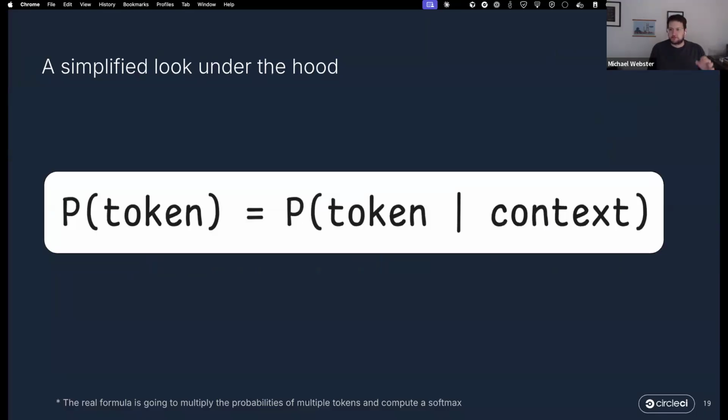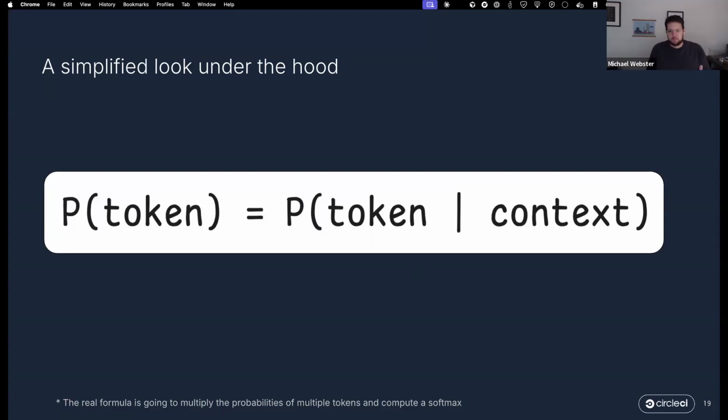This is a very simplified version of the math that's going on under the hood. In a given LLM, with a transformer architecture, which is the dominant paradigm today, the probability of any token output occurring is the probability of that token given the context of everything that came before it inside of a request to the LLM. So when people talk about an LLM being the next token predictor, that's what they're doing. Based on the tokens that have come before it, the probability of any given next token is conditioned on that context. That means that if you want the right token, the token that you would expect, you need to be really careful about the context that you provide.